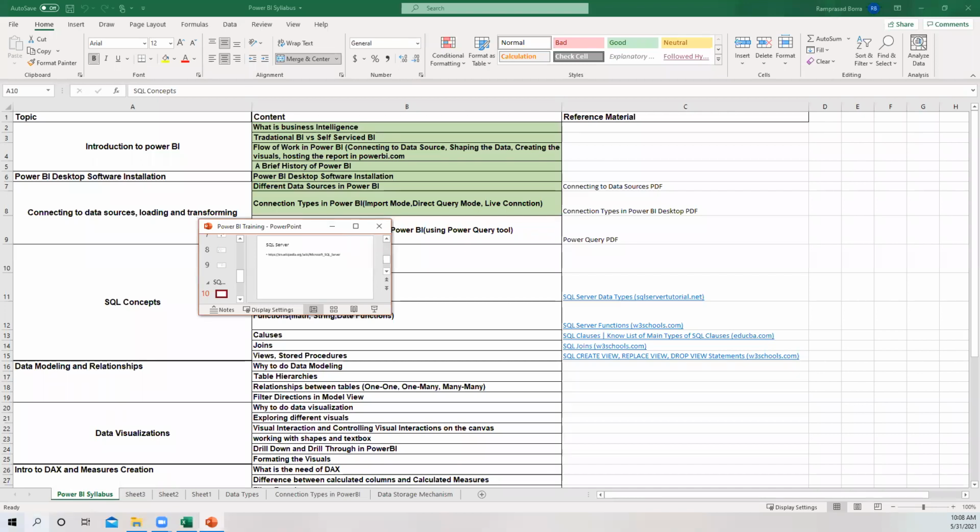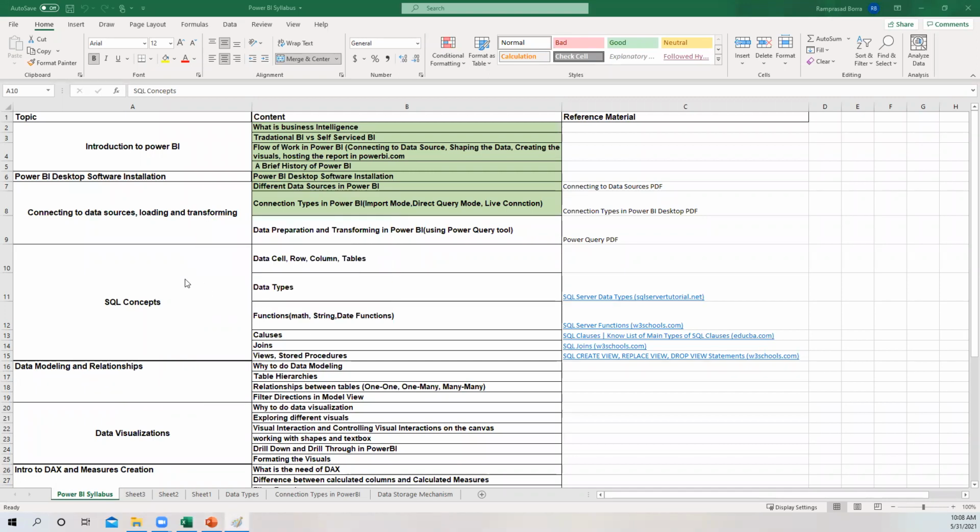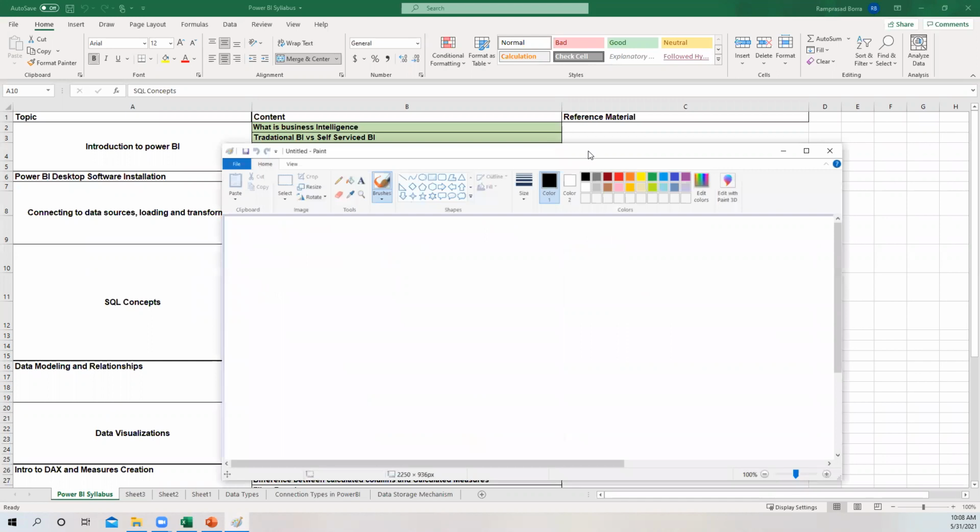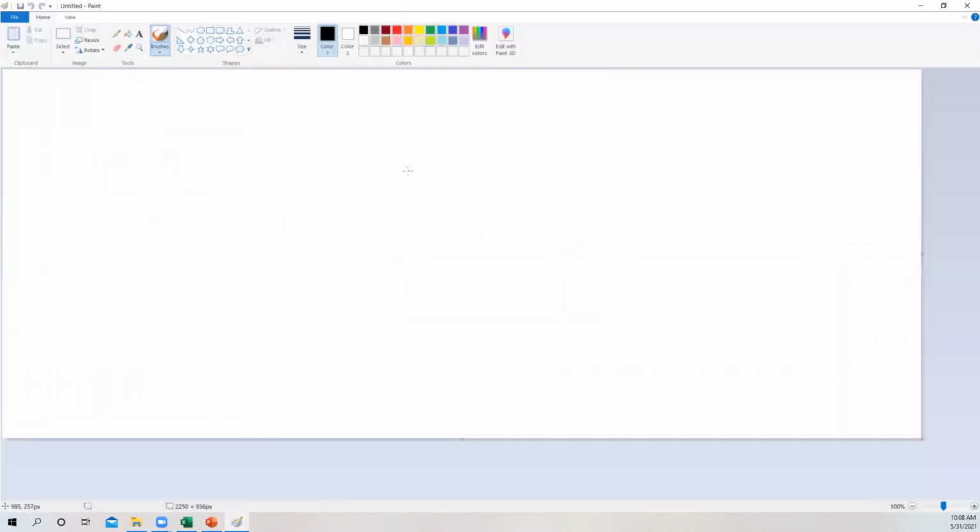Let me open this. Guys, today we are discussing a part of the SQL concepts. First of all, we'll install the SQL Server, then we'll go into this concept. Most of you might be using some apps on your phones, right? Like the HDFC app, SBI app, or any app you take.